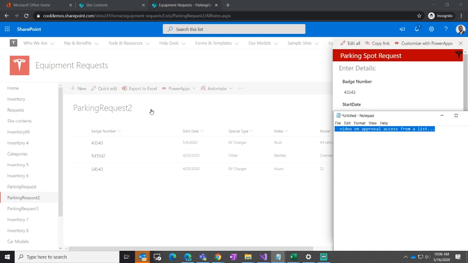So it's really just testing the current user's email address against a series of either comma delimited list, a collection